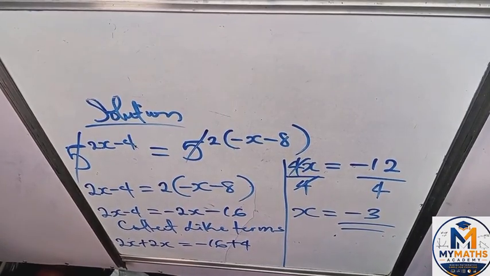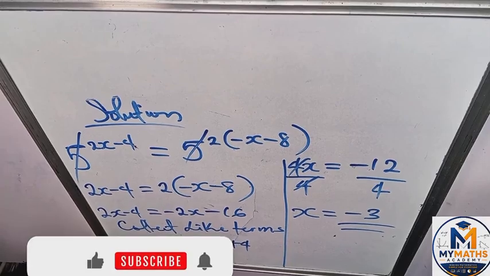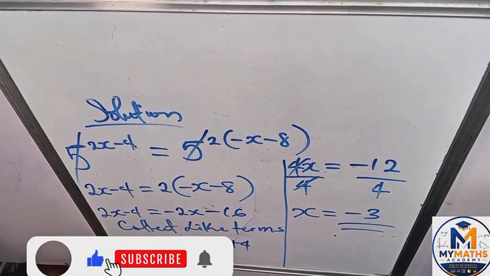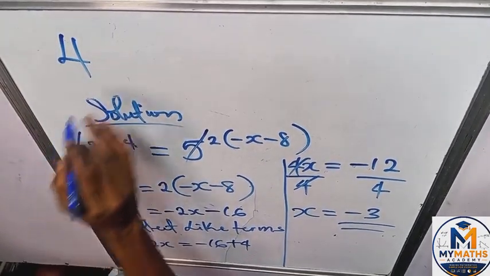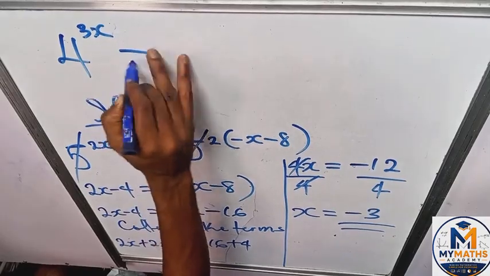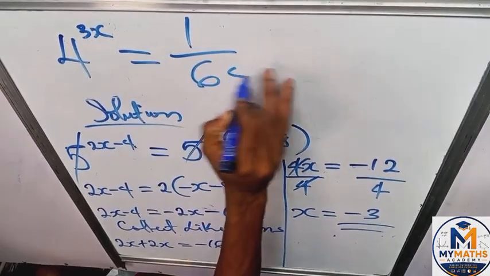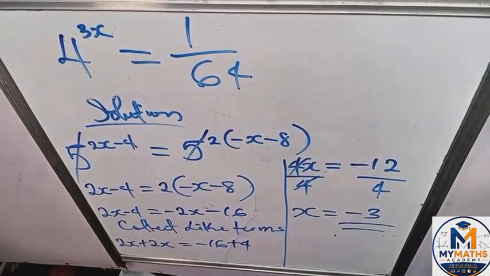Like I always do, whenever I solve a question, I will leave something for you to do. So suppose we have 4 raised to power 3x equals 1 all over 64. So you do this and tell me your